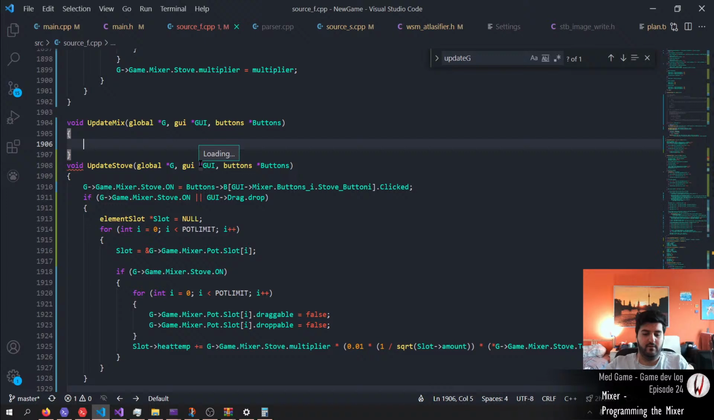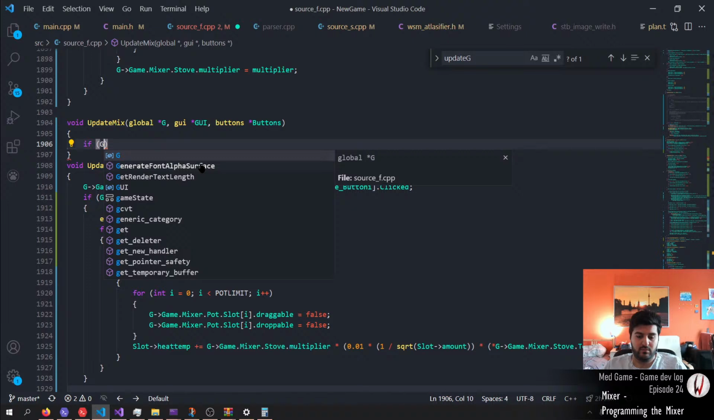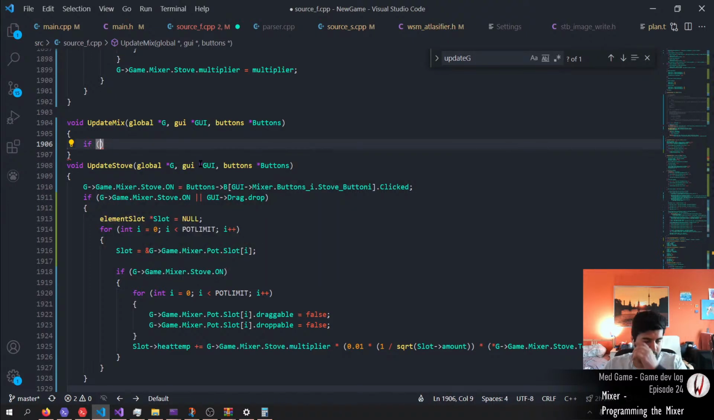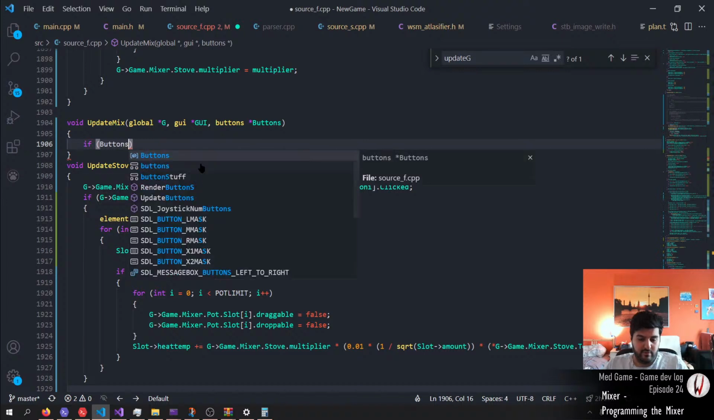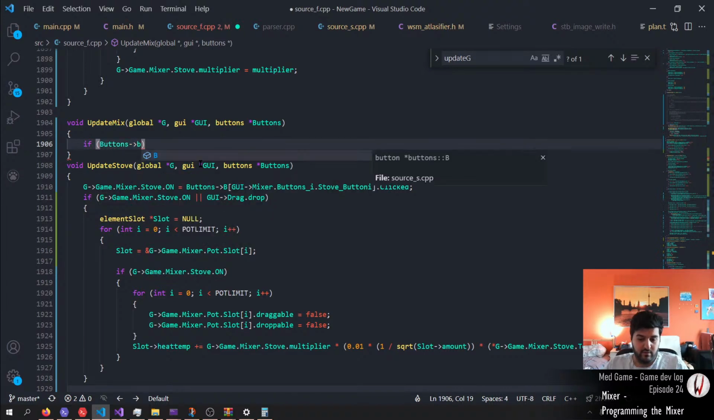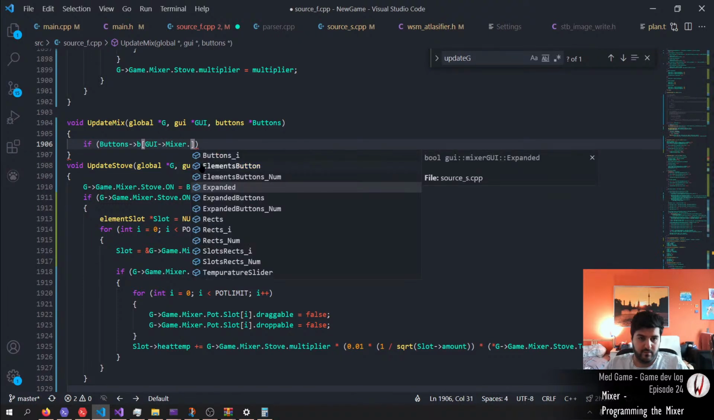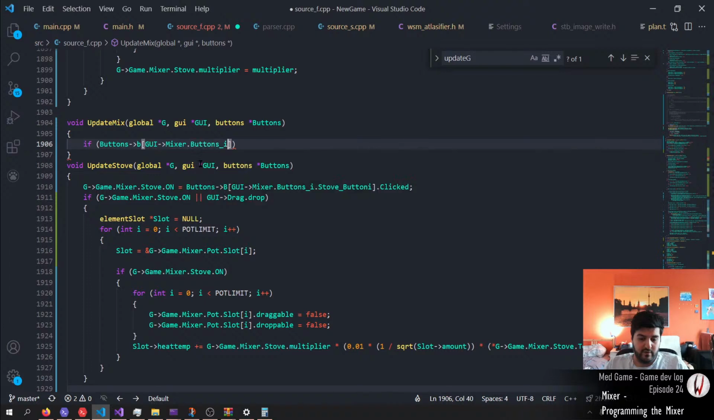And here, if G. If the button is pressed, if buttons of the GUI mixer, buttons I of mix button clicked once,